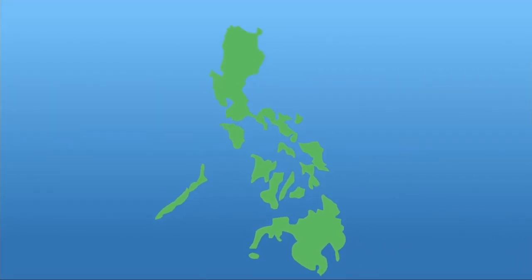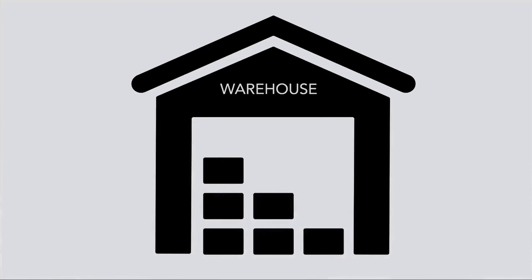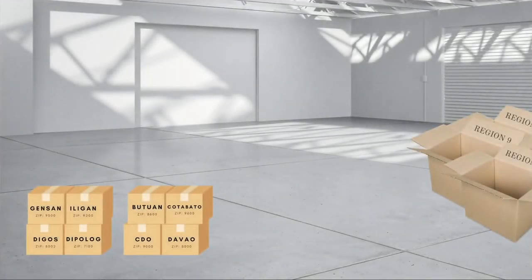Now, before your package can reach you, it first arrives at a central warehouse. This warehouse is like our main array where all elements are initially unsorted, and this is where the magic of sorting begins. Inside the warehouse, packages that are bound to different regions are scattered around, much like an unsorted array. Our task here is to sort these packages based on their destination region